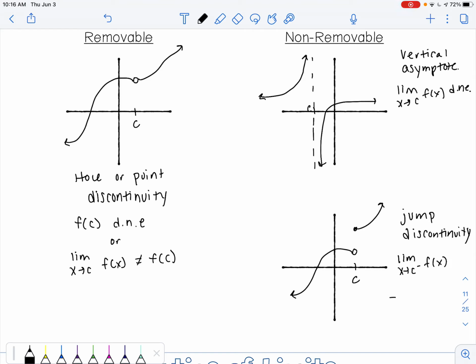A jump discontinuity just means that the limit as x approaches C from the left of the function does not equal the limit as x approaches C from the right side of the function, but they're both values. So unlike the other one, like the vertical asymptote, where those are going to go to positive or negative infinity on the left and right, for a jump discontinuity on the left and right, you're both approaching